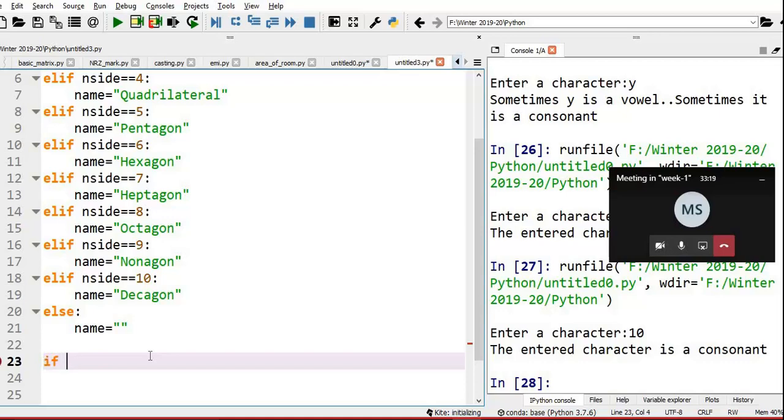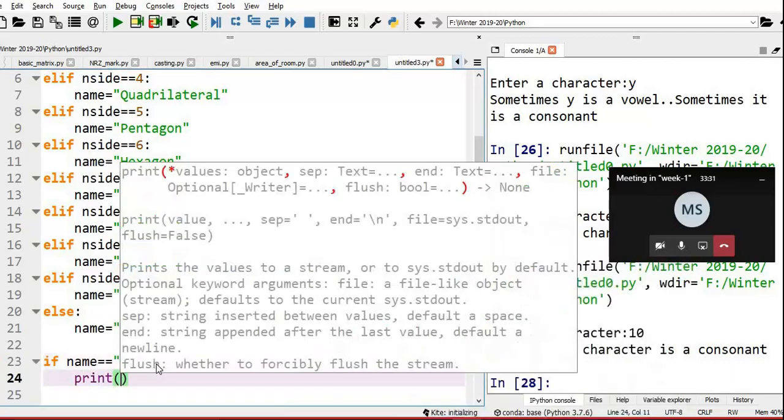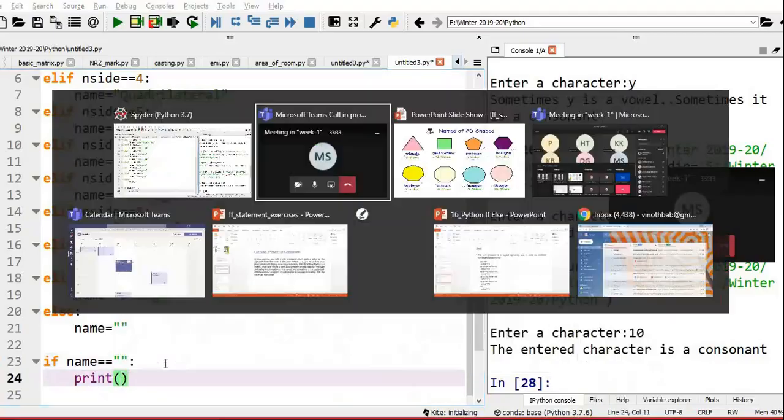I can go for one more if else. If name double equal to empty string, print, what is the statement we have to print?